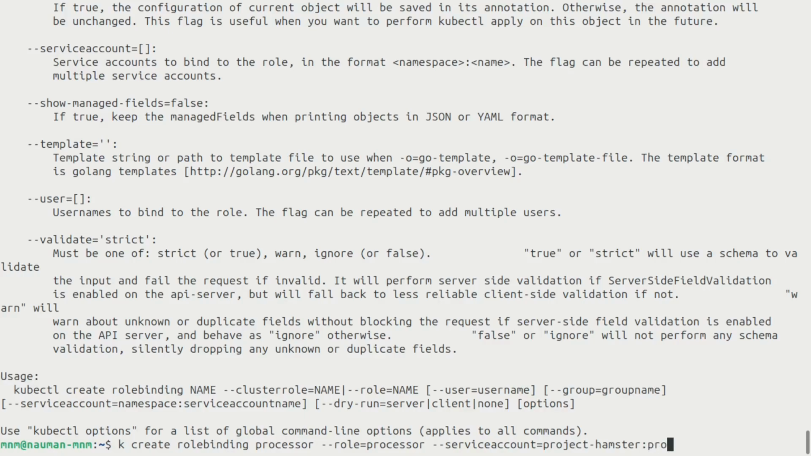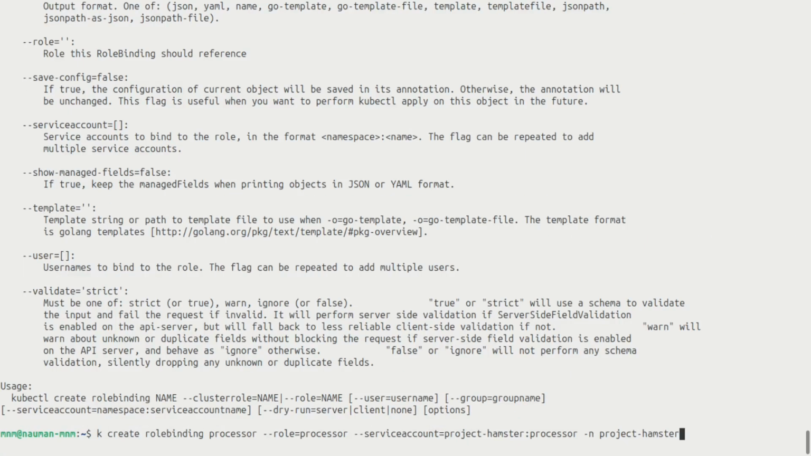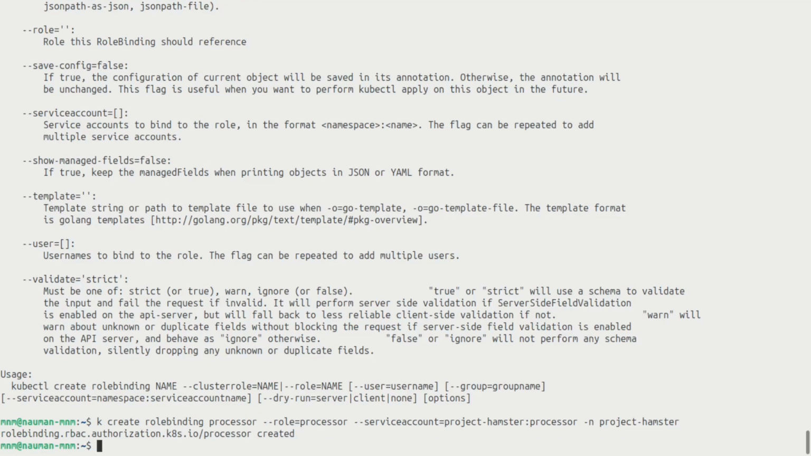Here we will provide this processor, and this role binding will be created in project hamster. Create role binding processor, role is processor, service account is project hamster, the namespace is the name of the sa is processor. In namespace we'll create this role binding in namespace project hamster. Got it. Okay, now let's check get sa